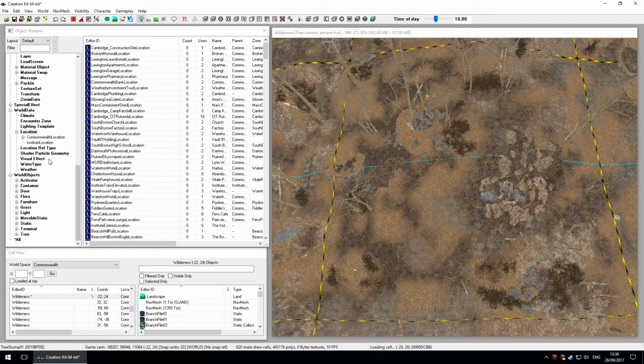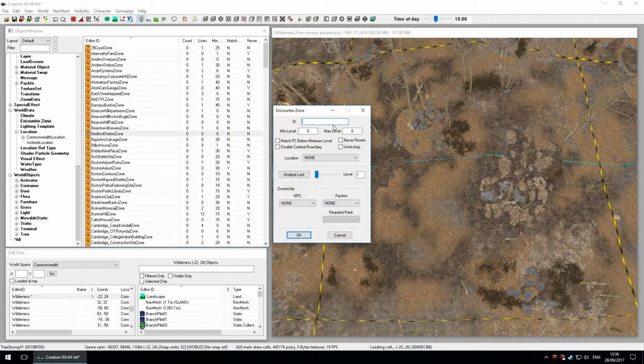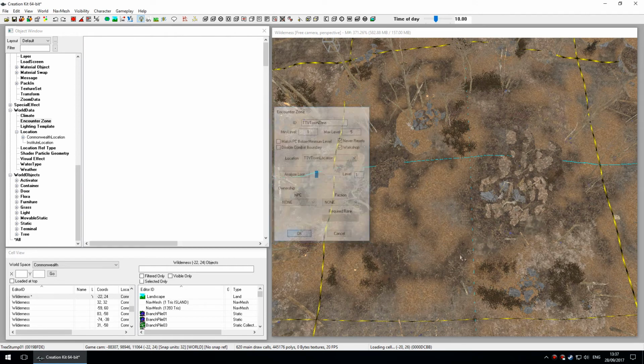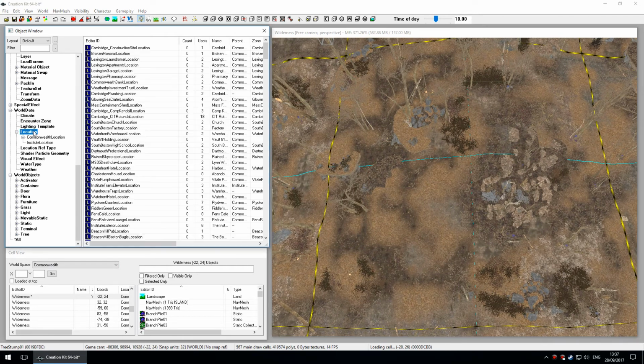So, okay, now I'm going to go to Encounter Zone, New, TTV Town, again, and I'm going to call this a zone. I'm going to put 1 and 5 in here, just because I don't know if it really matters, but I'm going to do it anyway. I'm going to tick Never Resets and Workshop, and go down here, TTV town location, done. Next, I'll go back to the location. Actually, no. Next, I will